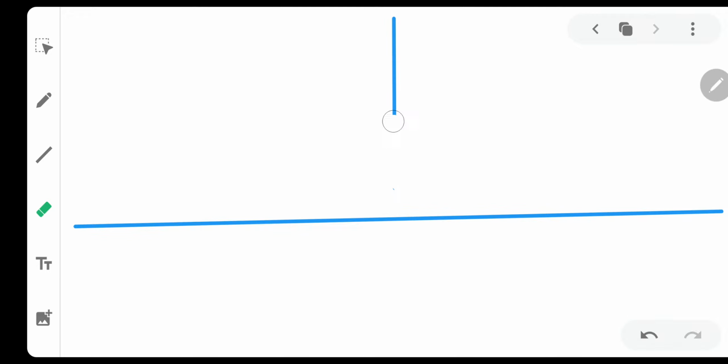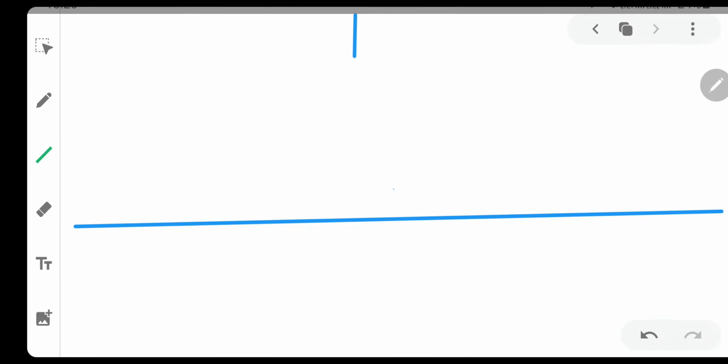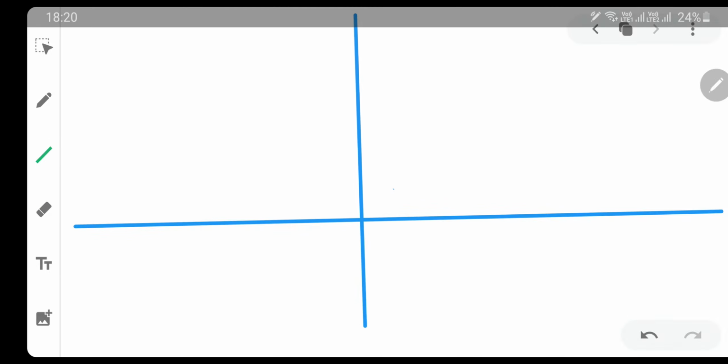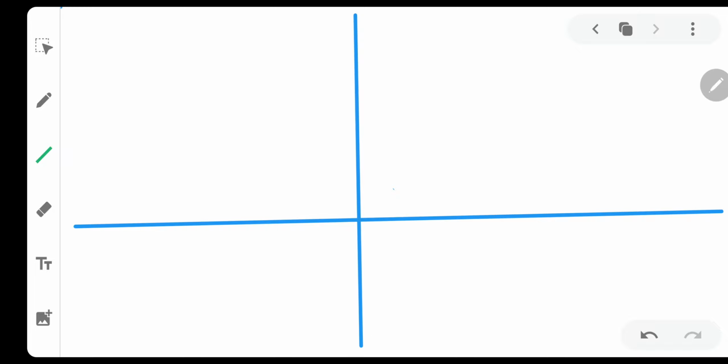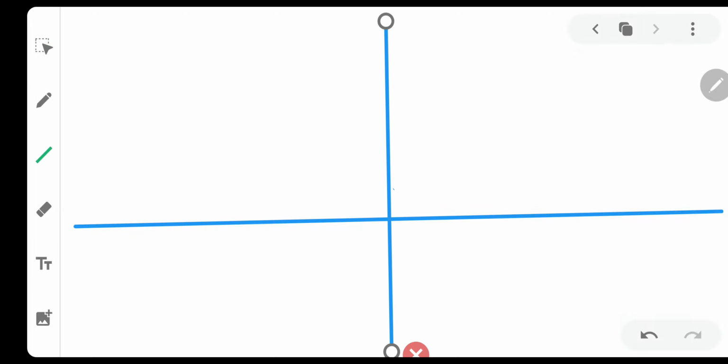Okay, we should be very careful while doing this graph. Okay, so let us just shift this. Okay, now it's great. Let us plot the points first. Pi, 2 pi, and this is 5 pi by 2. Similarly on the LHS it will be minus pi, minus 2 pi, and minus 5 pi by 2.